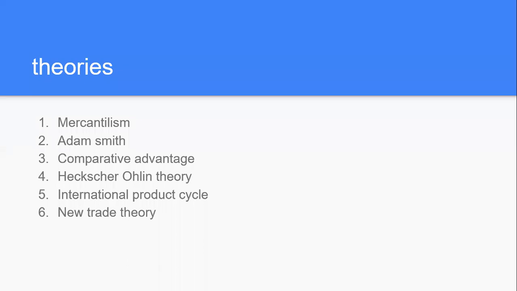Now we'll move to the next one, the fifth one. It's called the international product cycle. It was put forward, or rather developed, by an economist called Vernon in 1966. Vernon developed the international product cycle, which holds that a company, this is very simple,